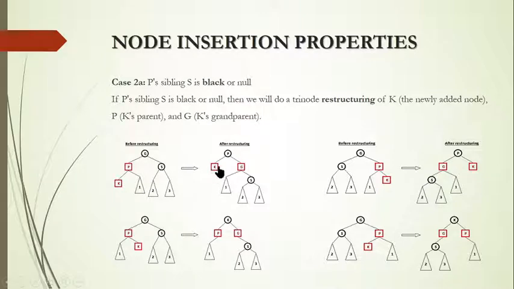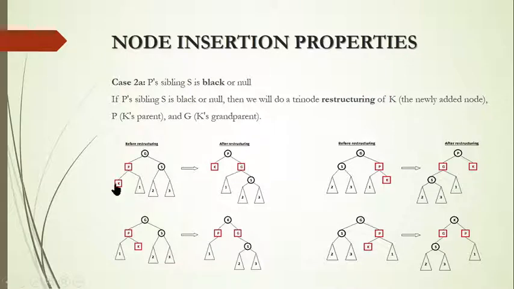It should be red actually if it is a leaf node, or sometimes it can be black, nothing wrong in it. And here you can see G is red, and below that we have S in black color. So it's not affecting any of your properties. So this is one thing. And second scenario, if you have this K inserted at the right side, and the parent is red and the sibling is black. So this is another case. Case 2 where P's sibling S is black. But you can see it is in the left-right concept.